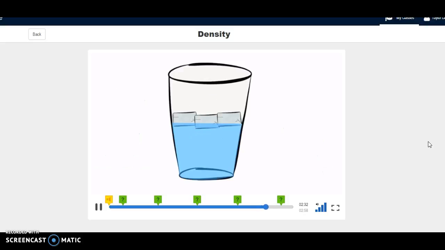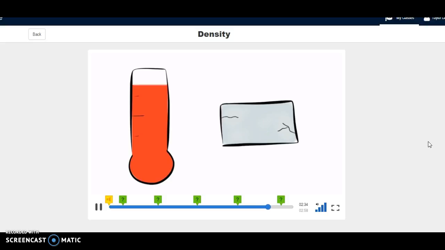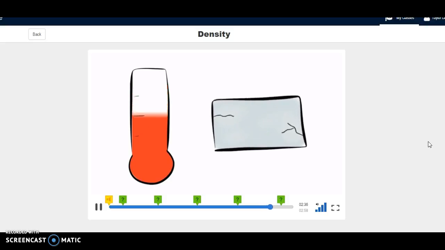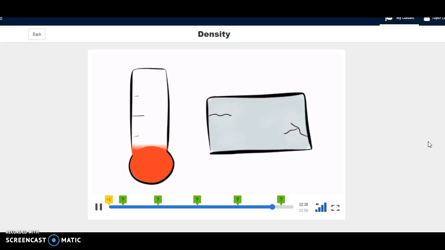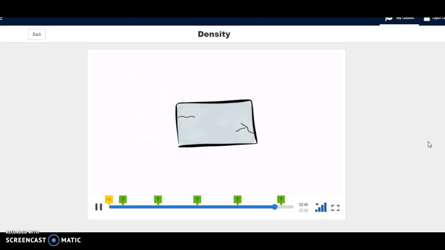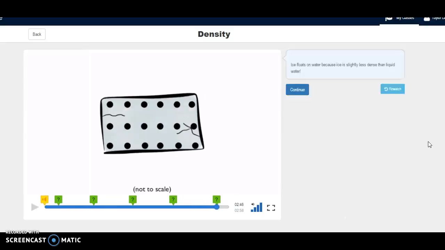Density also explains why ice floats. If you freeze water, it expands. Let's use the black dots to represent the atoms in water. When you freeze water, no